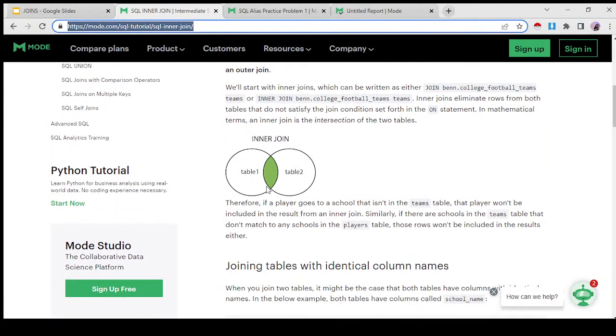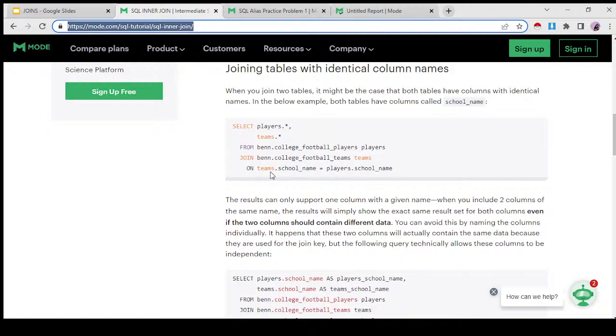Okay, again, they have also given the same Venn diagram where you have two tables, table 1 and table 2, and what you get from your inner join is their intersection, wherever both of them are present. In other words, wherever the condition is satisfied. In this case, what is it? That the school name from the teams table is equal to the school name from the players table.